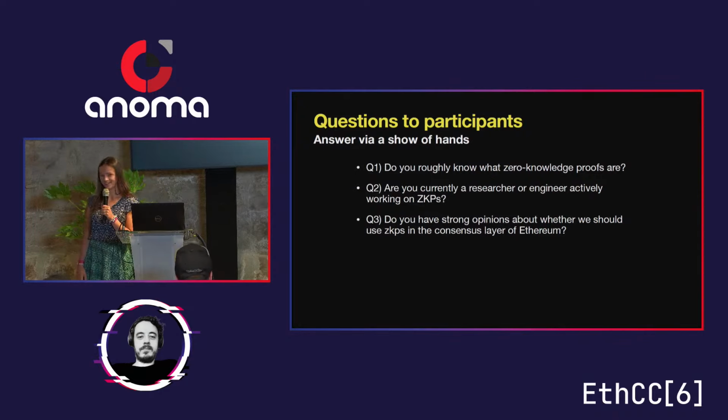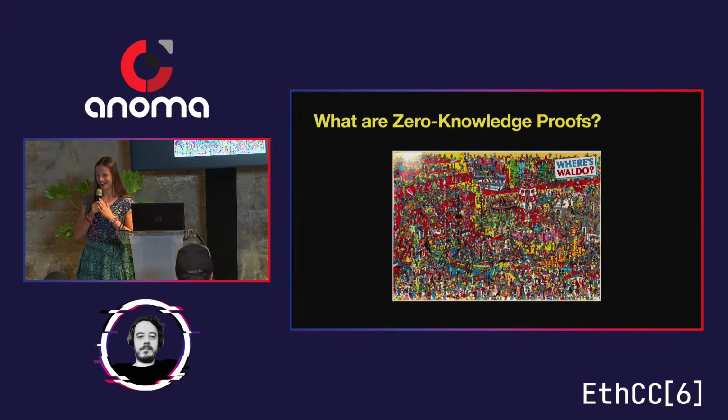So to start off with, what are zero-knowledge proofs? I'm going to own to something: I actually hate telling people what zero-knowledge proofs are. But so many of you do already know. So can I quickly ask you to turn to the person next to you and give a quick explanation, where you can use the Where's Waldo example if you like. Go on.